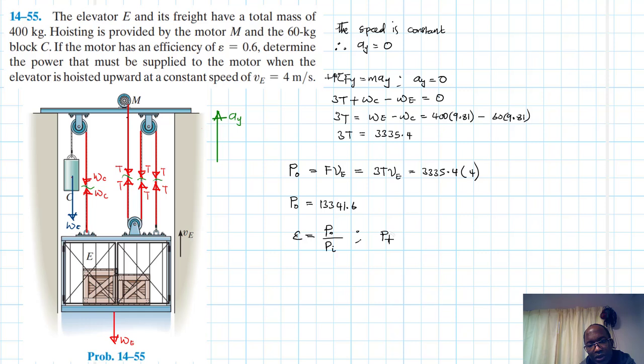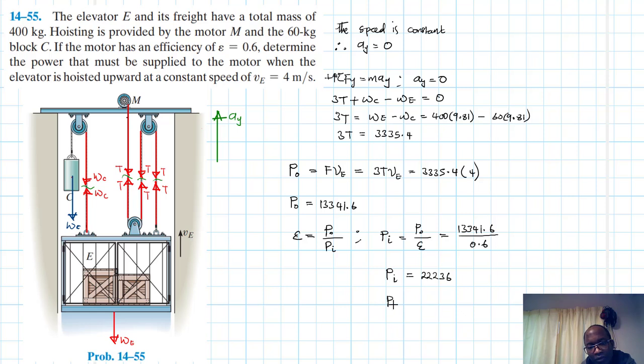So P input is just going to be equal to P out divided by efficiency, which is just equal to 13,341.6 divided by 0.6. And therefore our P input is just going to be equal to 22,236